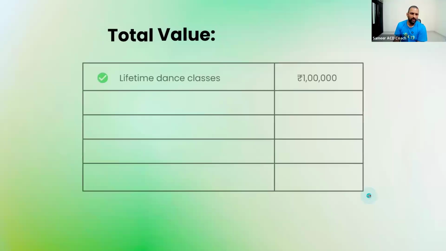Any reason. Eventually, at the end of that month, before you pay for the next month, your brain will say, this month you did not utilize anything, why are you wasting money on the next month? No problem, stop. People will stop. My question is, it is not about the money. How about your dream of dancing? And how about the benefits you need to get because of dancing? That's the reason we generally don't keep that option.